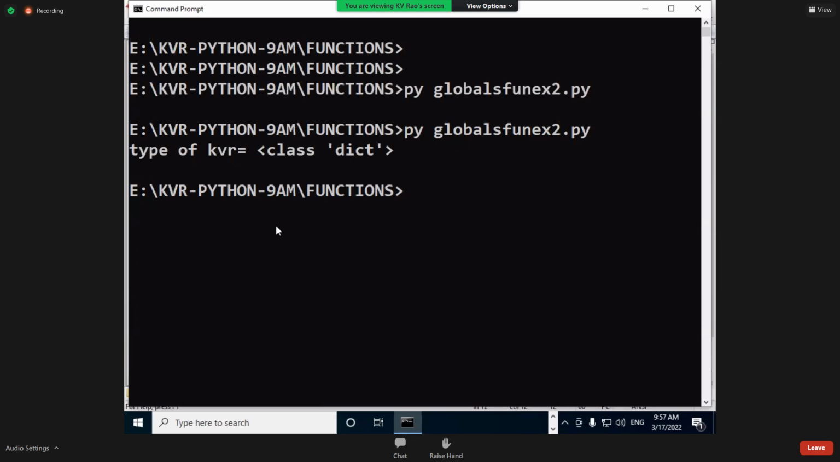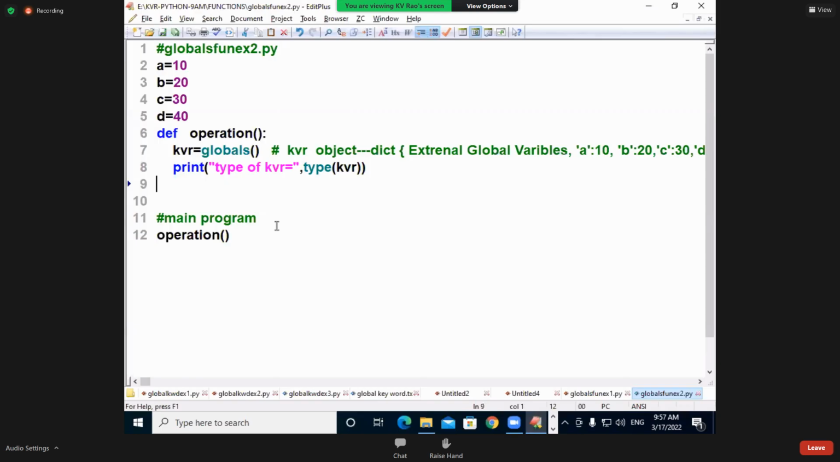Your program related global variables only. It never bothers about external global variables. Let us print the data now. Let us print the data. Print the content of